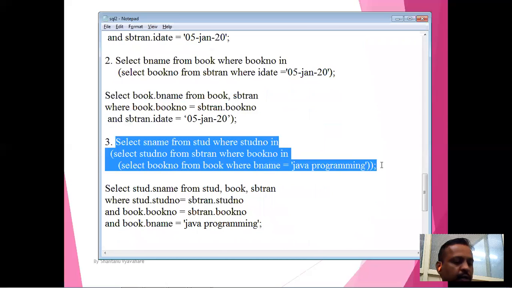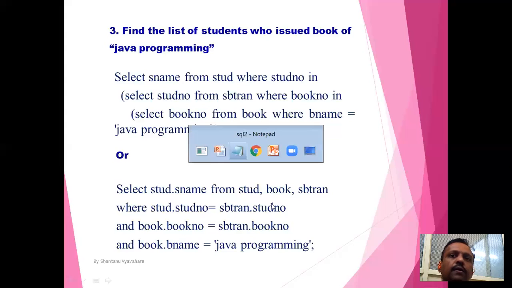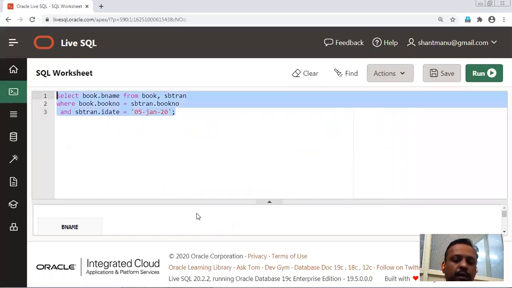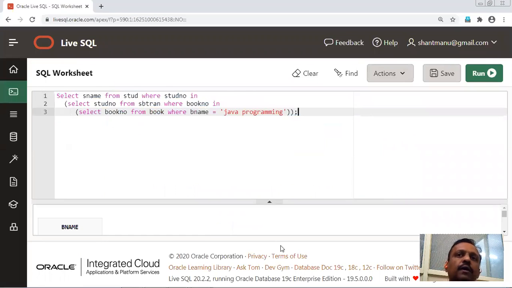Here is the query. Now, what is the simplification of that particular query? Let's see. First of all, what you have to find out is only the book number from book where book name is Java programming. That is, you have to find out the book number of the Java programming book.